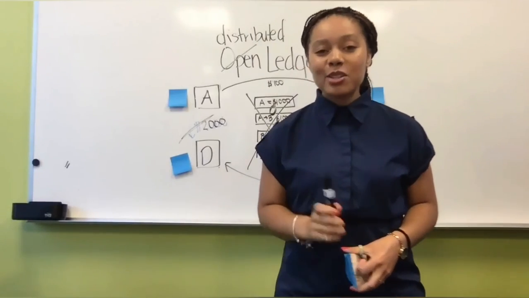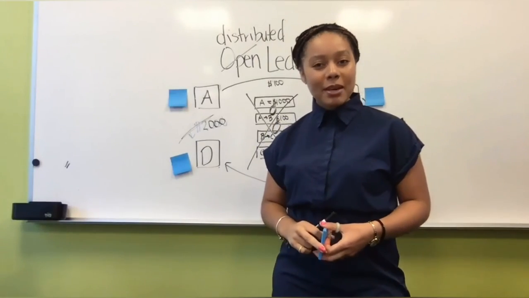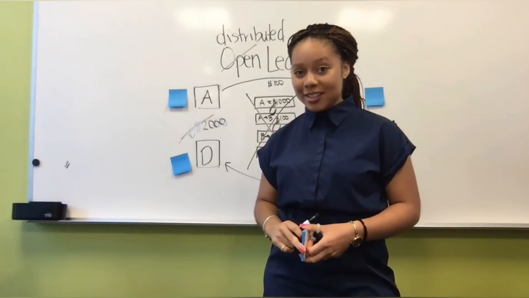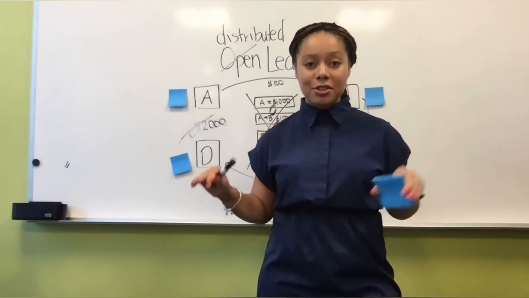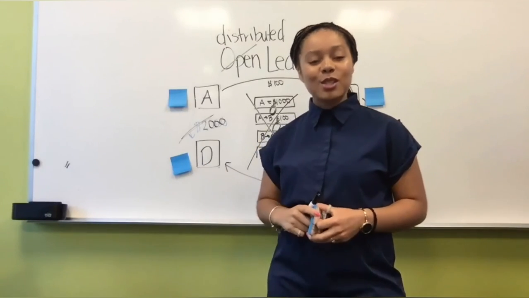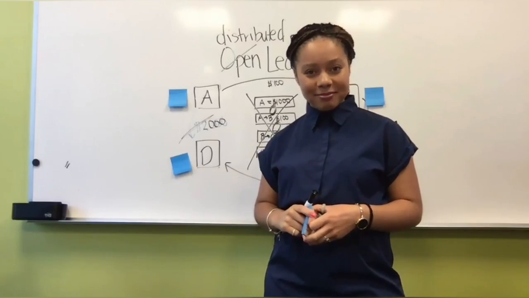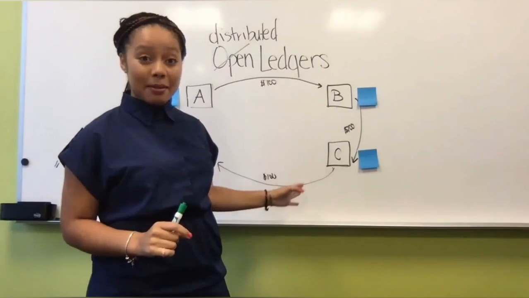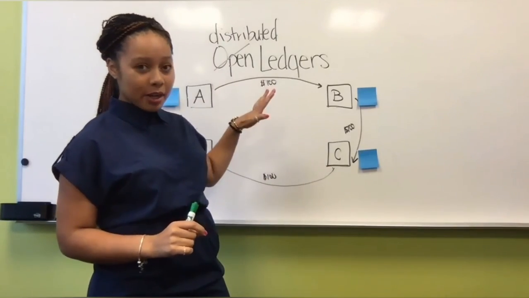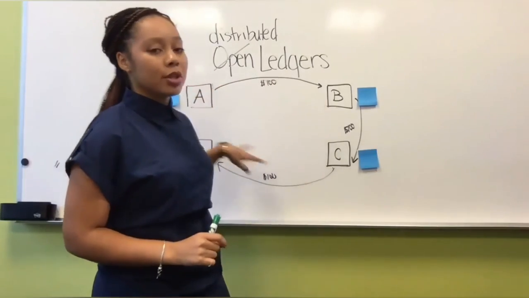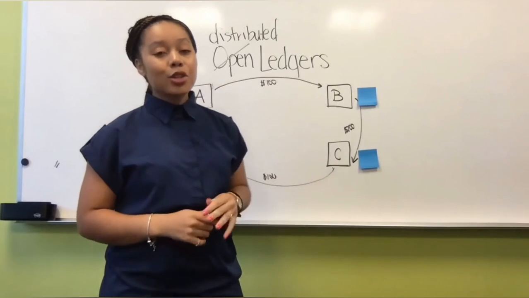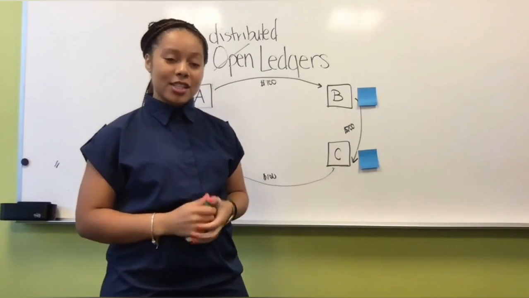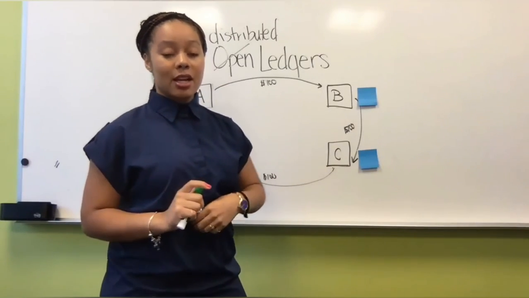But here's where the problem comes from. We want to make sure that everyone is on the same page. We need to make sure that all ledgers have the same information. So how do we do that? Okay, so now we kind of have a general understanding that this is an open system, very transparent, and that there's distributed nodes in the network. And so the question is, how do nodes synchronize? So here's an example that illustrates that concept.